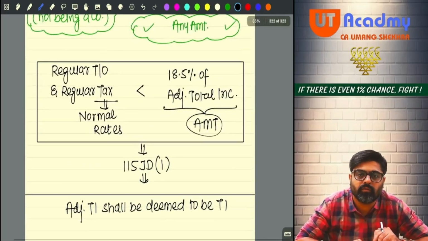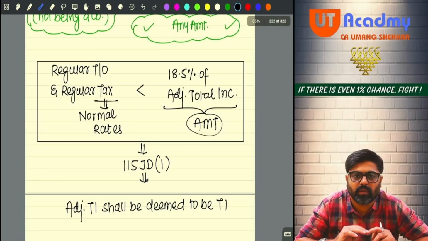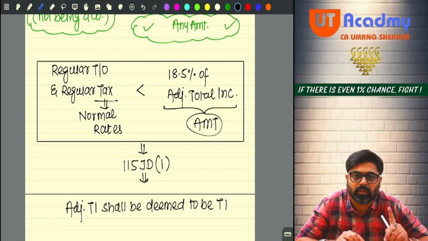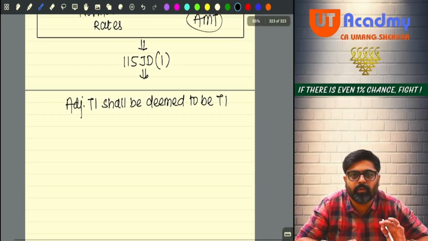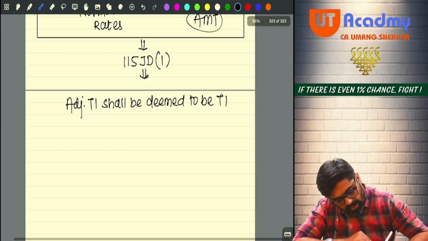Now your regular total income which you have calculated will be ignored. Now this adjusted total income will be deemed to be your total income, and